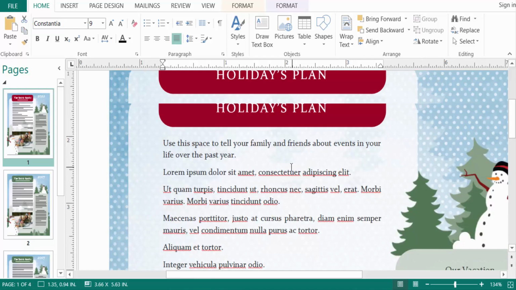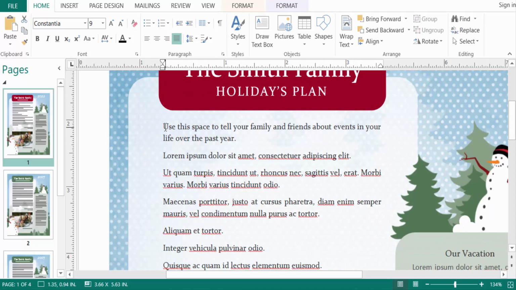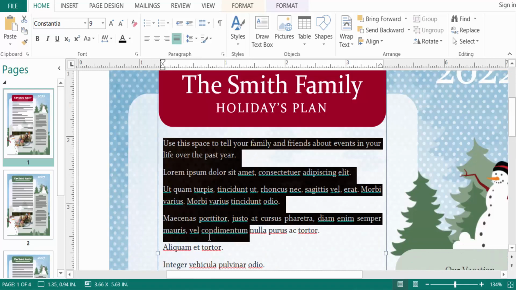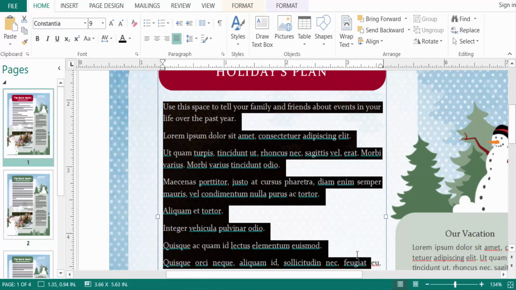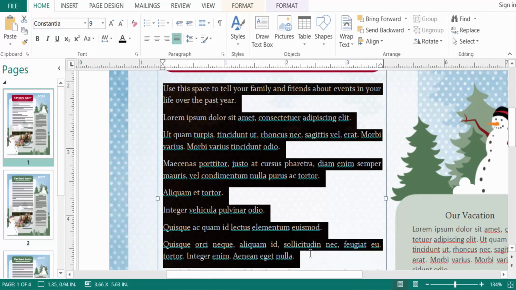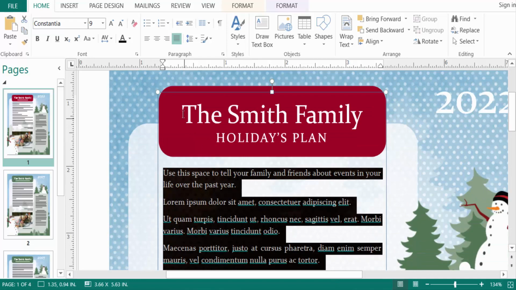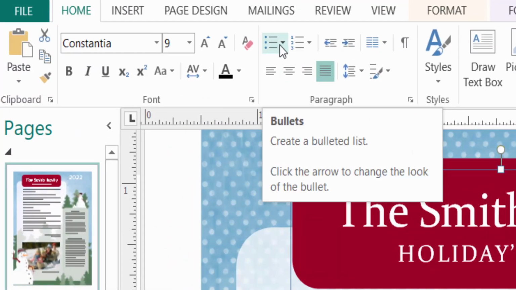First I open a publication here and this is the text box and I want to add bullet points to this text box. So I select the text. I select all the text to add bullet points. So the text is selected and now I go to the paragraph group here and I see here the bullets